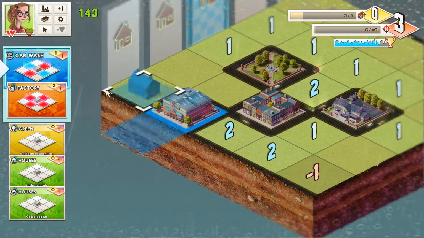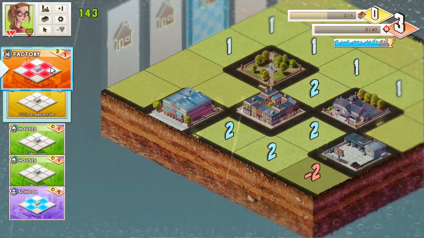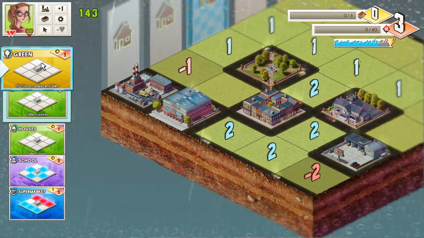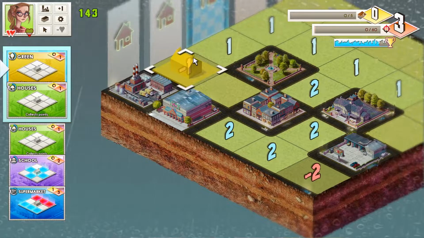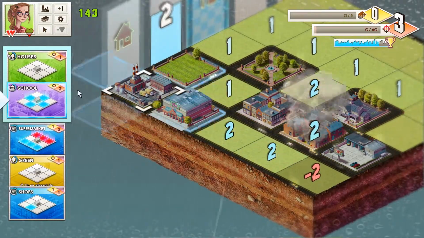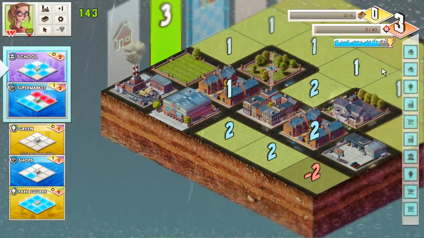That's a mistake. So I want to put a car wash here. That will raise that to 2. A factory. Put that there. That doesn't hurt. Green. Put that green here. So we can put a house here. A house here. That makes that a 3. Put a school